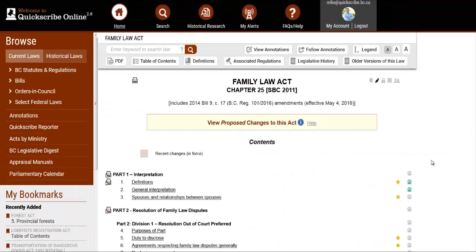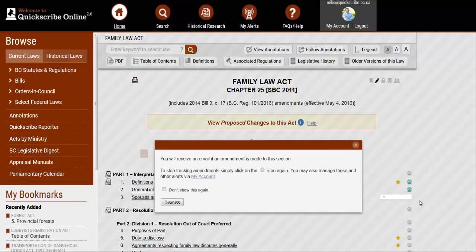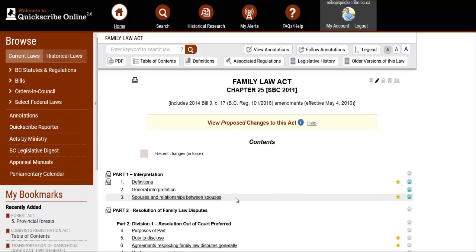One final alert tool that I'll draw your attention to is the section tracking. The section tracking will allow you to go to any section of any law, select the little tracking icon adjacent to the section you're interested in. It will show up as blue once you select it, and moving forward, we'll track that section, and if there are any new amendments that come into force, we'll send you an email explaining what that change was. These tracking tools are especially effective for tracking federal legislation or specific sections of provincial legislation that you are particularly